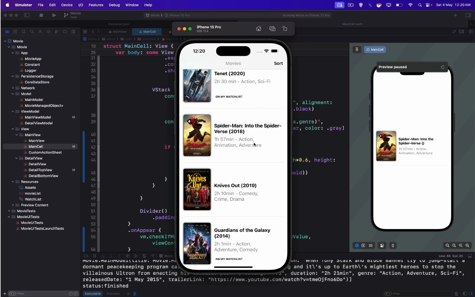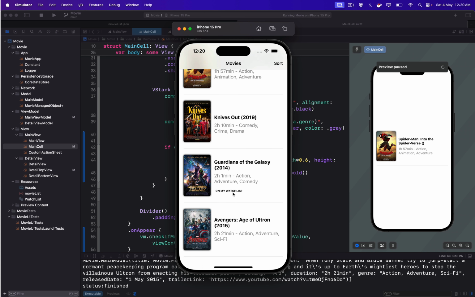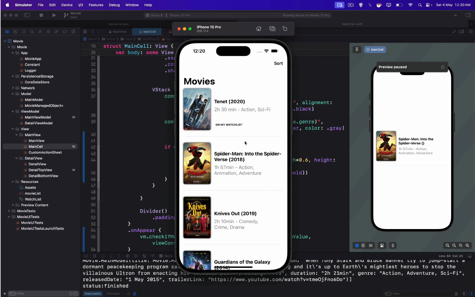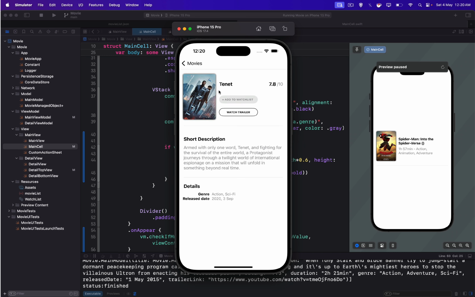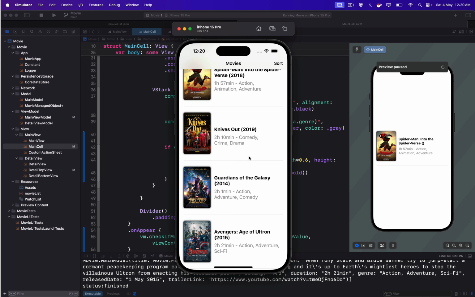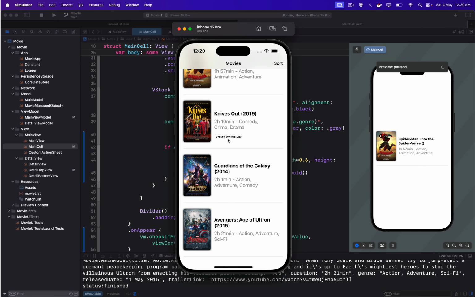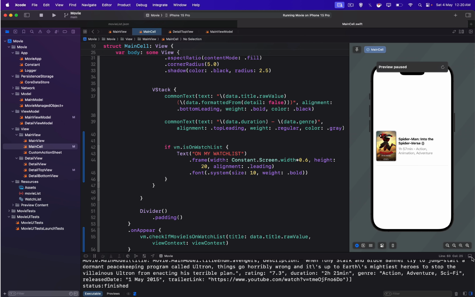As you can see, some cells are showing is on my watch list and some cells are not showing. So let's remove it, it's gone. Let's add it. It is there. This is okay, but I want to improve the